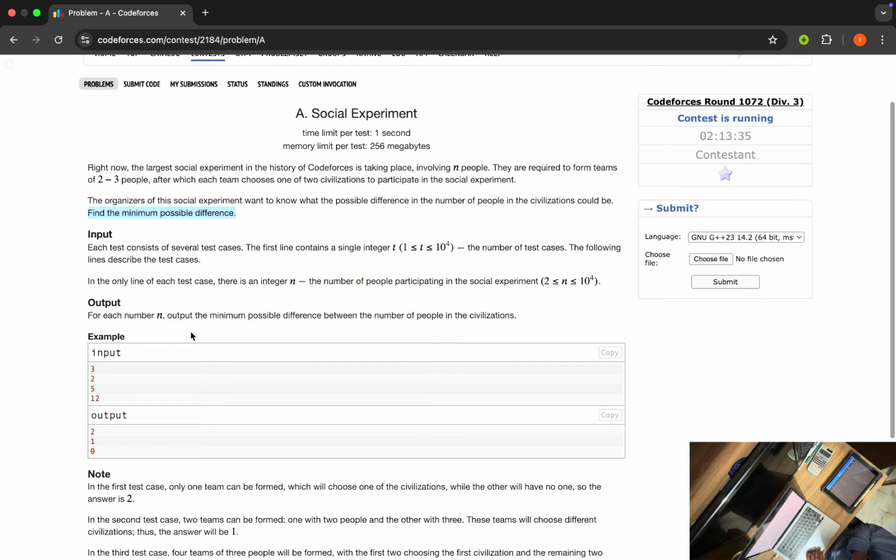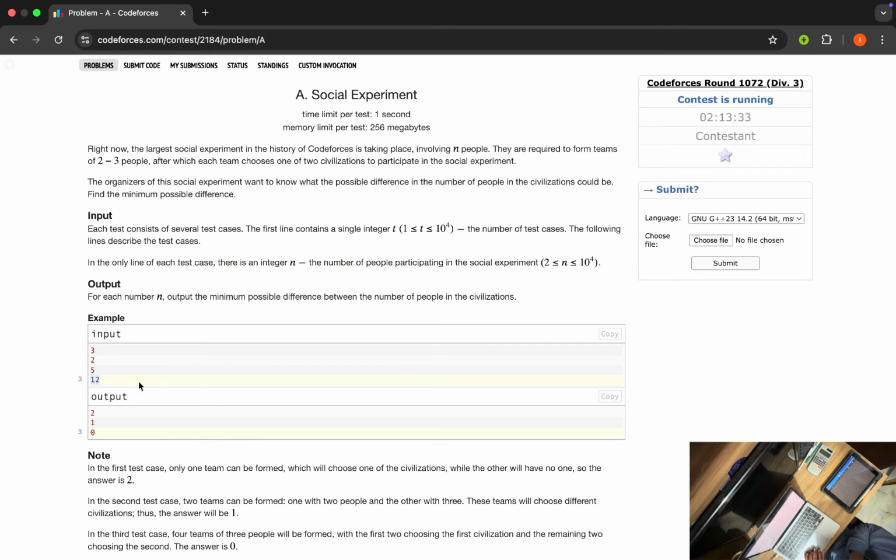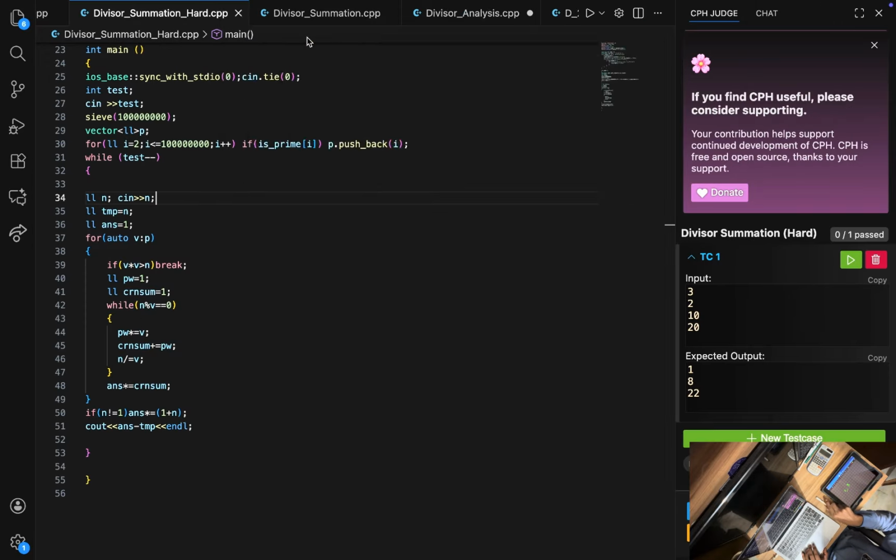Okay, minimum possible difference. Okay, for 5, there can be 2 and 3. Okay, the answer can be 1 or 3. Okay, makes sense. Okay, if the value is greater than or equal to 5,